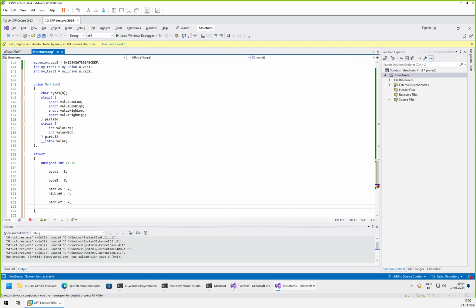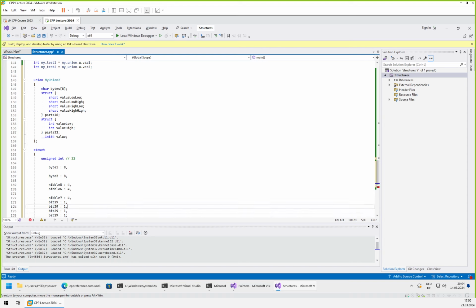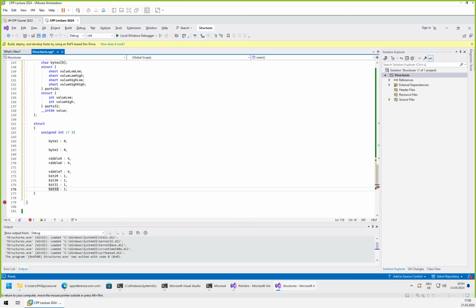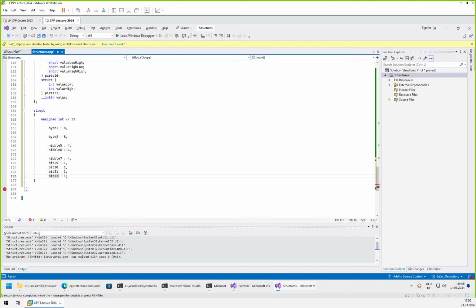Nibble 7, right, and then bit 29, 1, comma 2, 3, 4. The last one is to be a semicolon, so 29, 30, 31, and 32. Assuming we want to name them this way, we could also start indexing them with 0, but we don't need to. And now if you define something